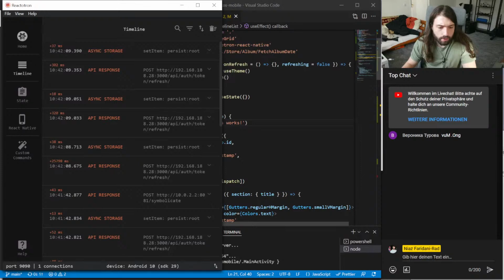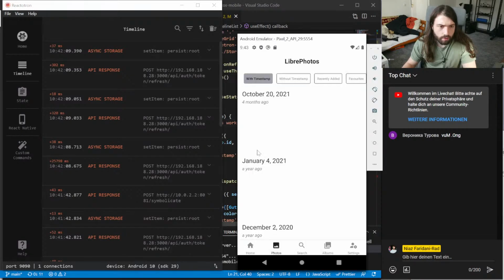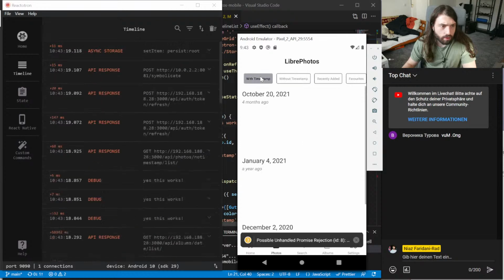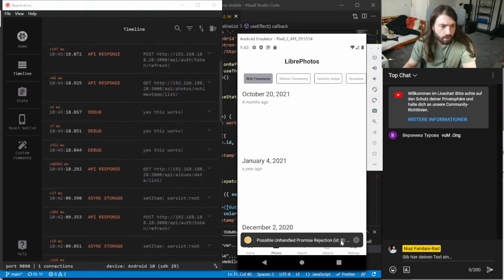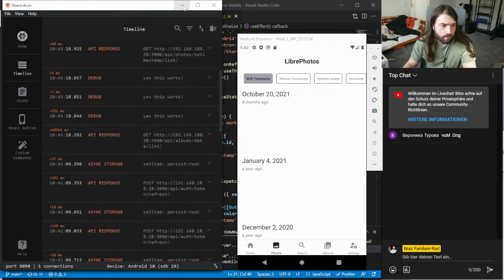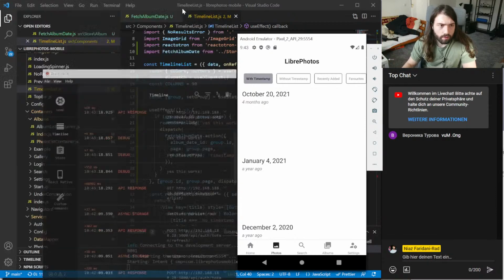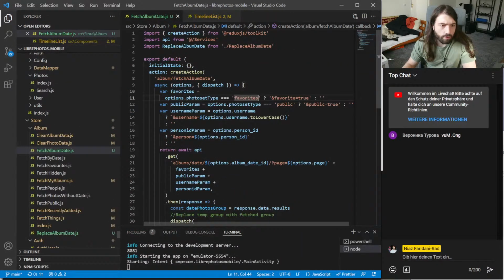So let's see if I now get actually. Yes, this worked. Okay, so technically it should now fetch a couple of things. Alright, but we don't actually ask the server for that stuff.